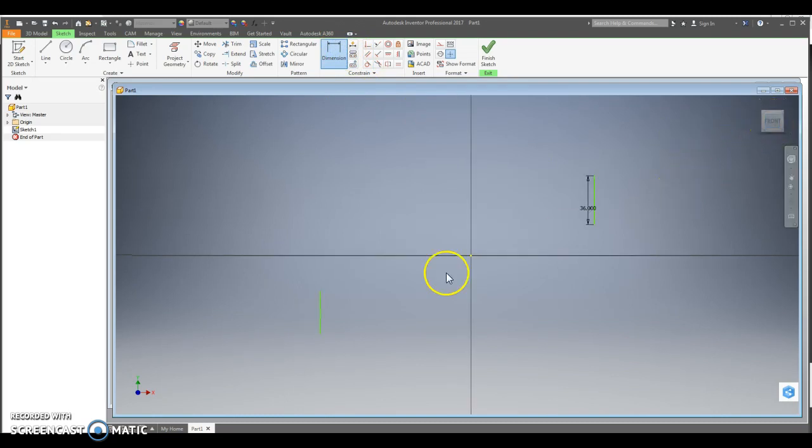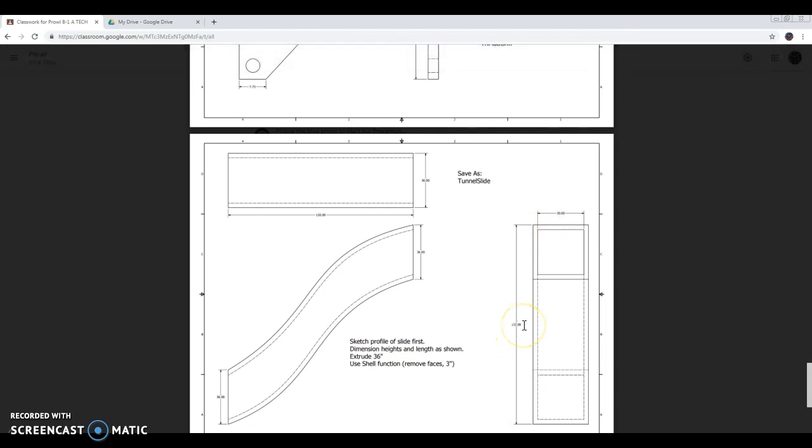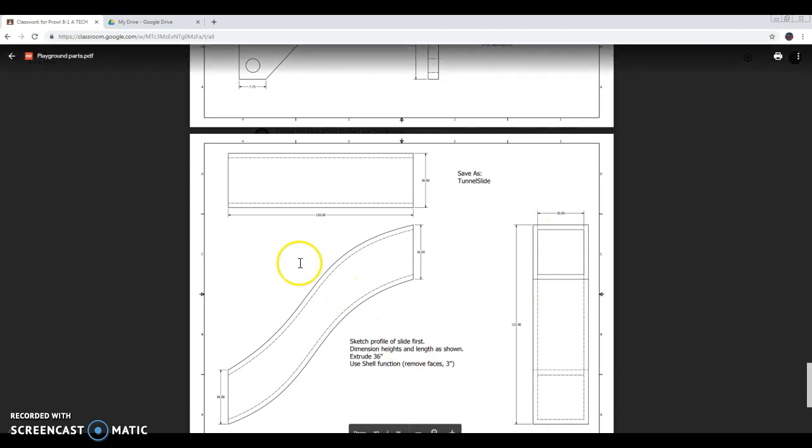Go ahead and hit front to bring it back. And then I'm going to click this line here and make this 36 inches. So right now we have our opening and our ending to our slide. If I go back here, we can also see that the height of this slide is going to be 132 inches tall. So that's from the very top to the very bottom,